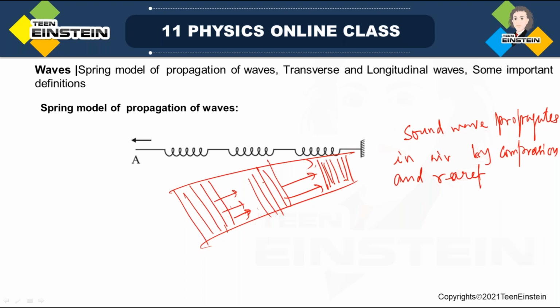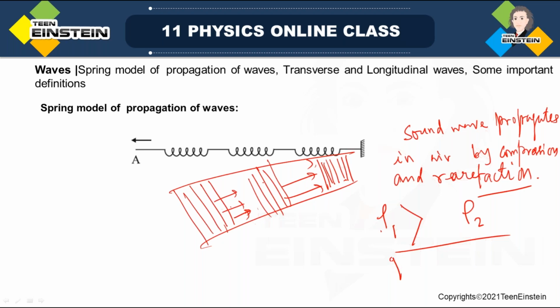Rarefaction. Compression and rarefaction. Rarefaction means the density is less. Suppose this is density 2, and in the compression region the density is 1. So the density in the compressed region will be more than in the rarefaction region,